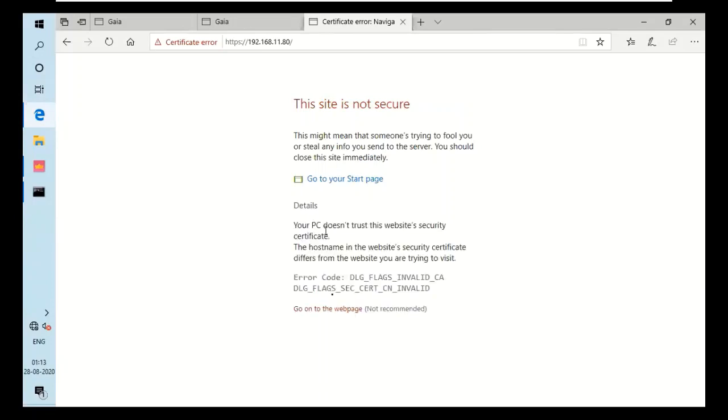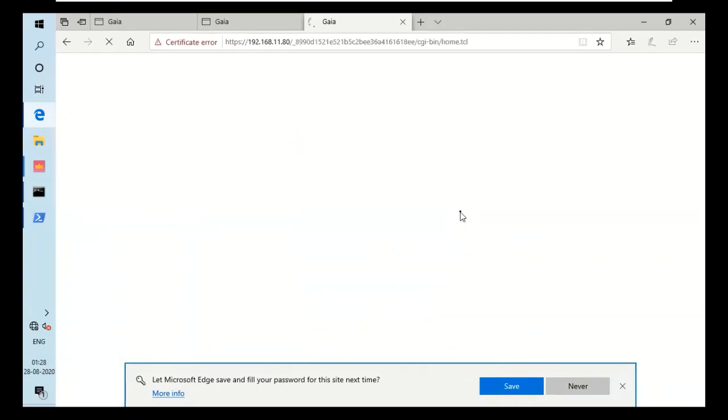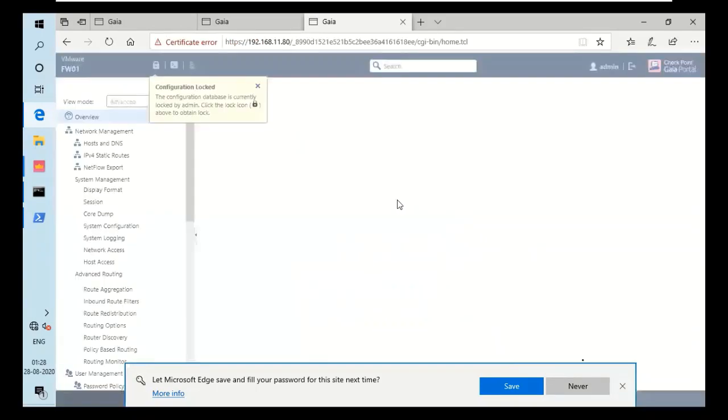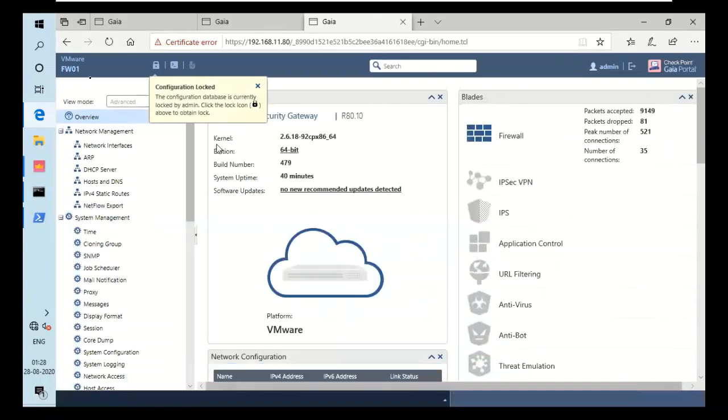Go for details, go on to the web page, admin, admin 123. Yeah, I got the console, and as you can see here, it's firewall 1.